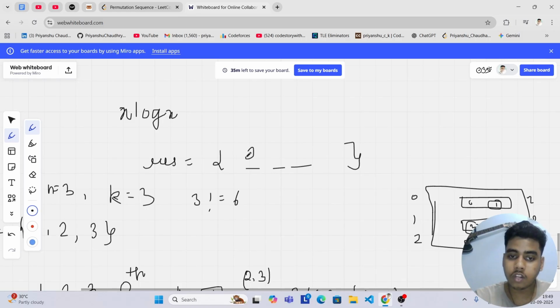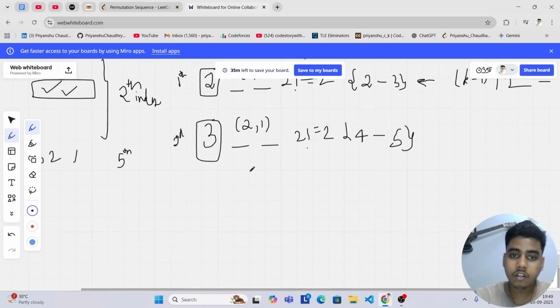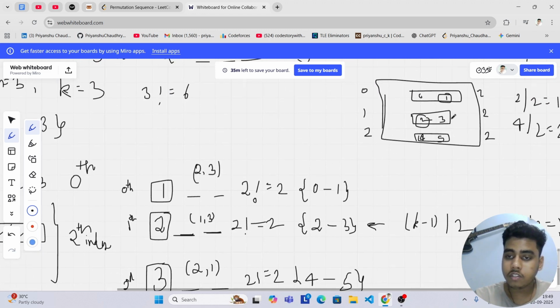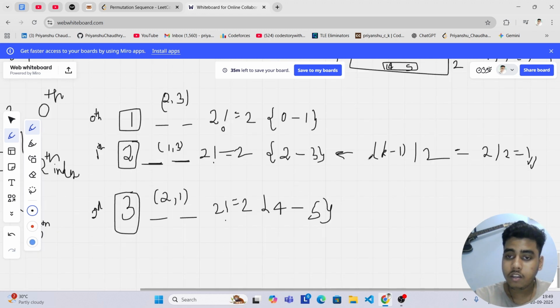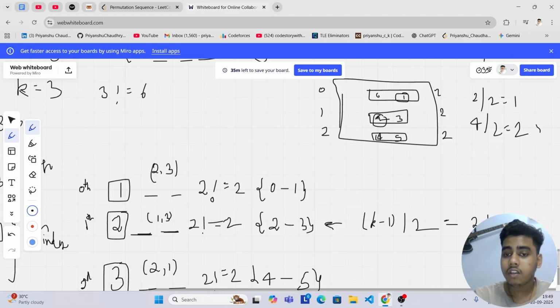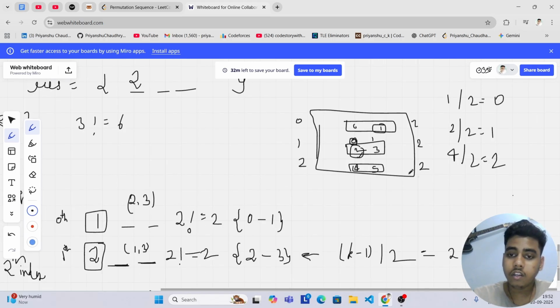So I will now fill the starting element with 2, and if I have to find what these 2 elements will be, we can simply say that, in this block, if I have to find where the 2 was, at the 0th element or at the first element. So now if I have to find the position of 2 in the first block, whether it is at the 0th position or the 1th position,